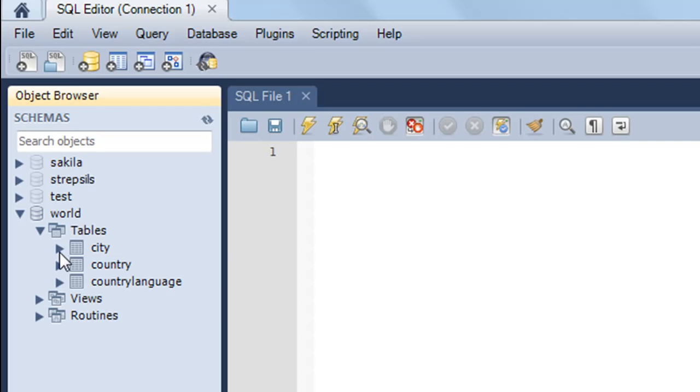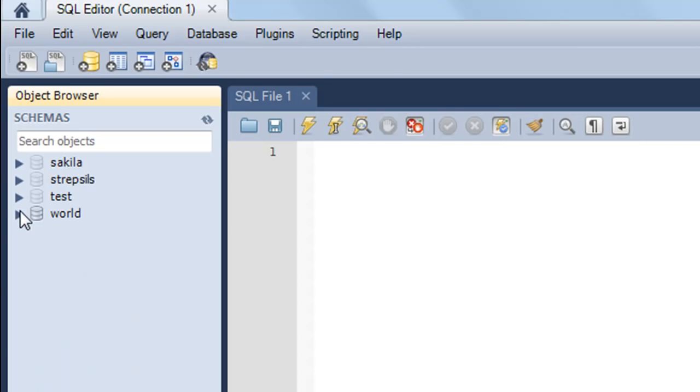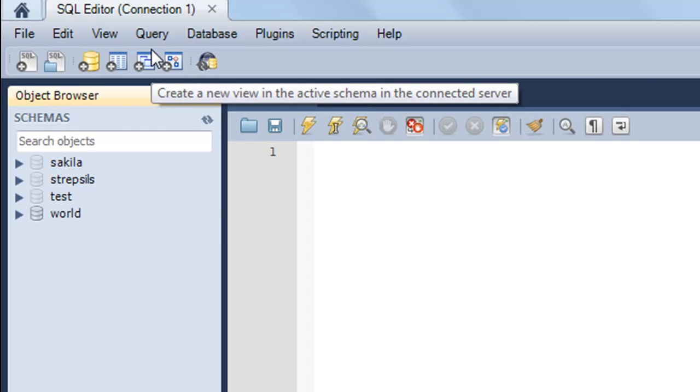And if you want more information about your city table, then you can click on the drop down for city, and you can see what all columns are there in it, and if you have any constraints like foreign keys, and if you have indexes or triggers for the table, then you can check them out too, right? So this is too much information for this tutorial. I just want you guys to be familiar with the look and feel of this application, right? It's an amazing application, and we're going to use it quite a lot, so let's just be comfortable with it,